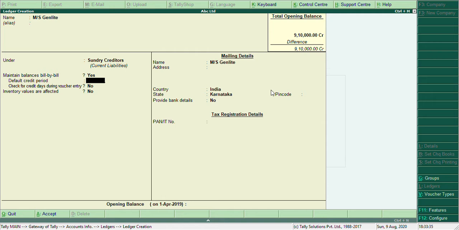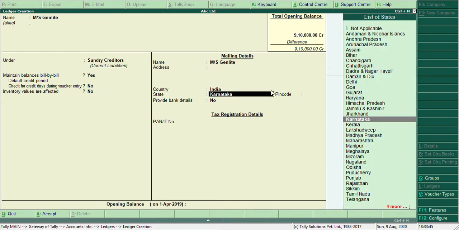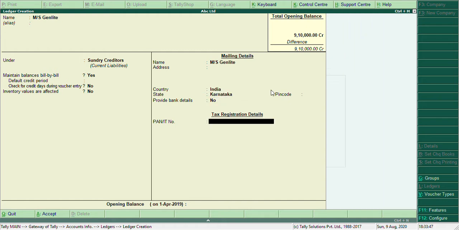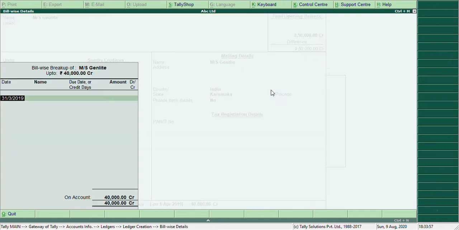If you have to give a credit period for sundry creditors or debtors, you can mention it. For the time being, I'm not giving any details about that. I'm just giving the opening balance because we are studying the basics first, and then we'll study the advanced level.